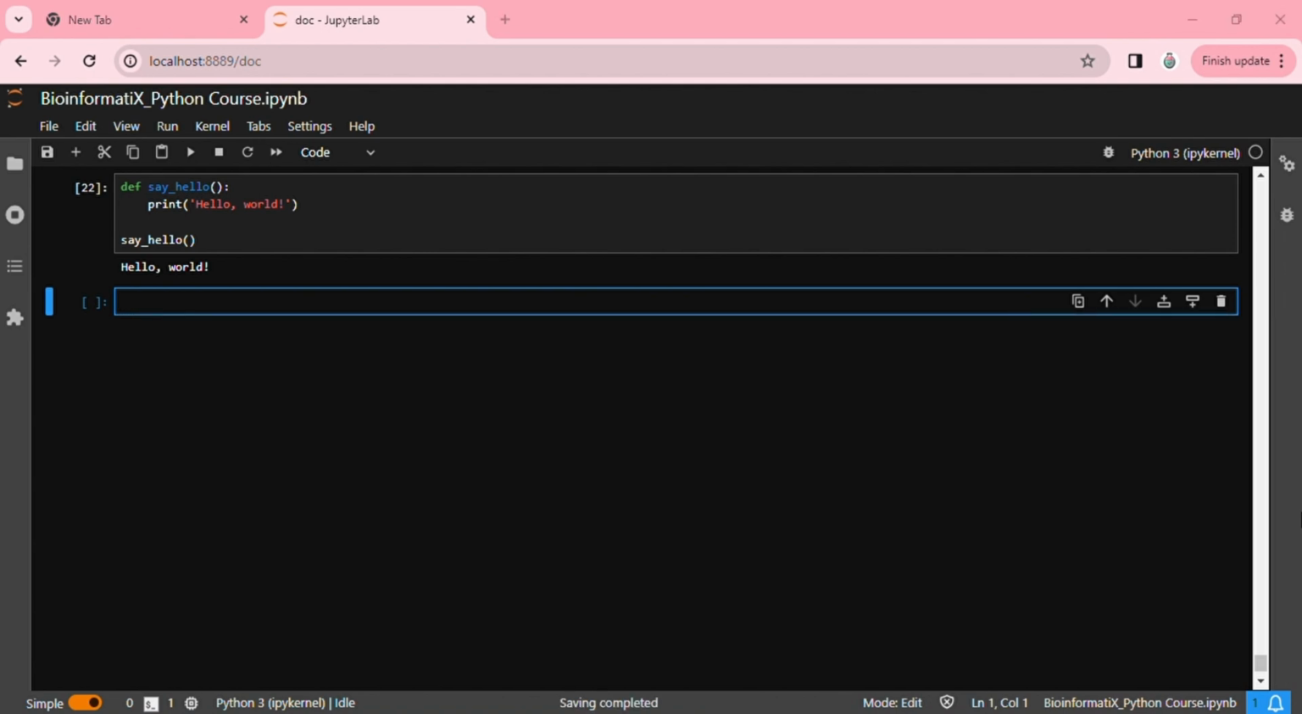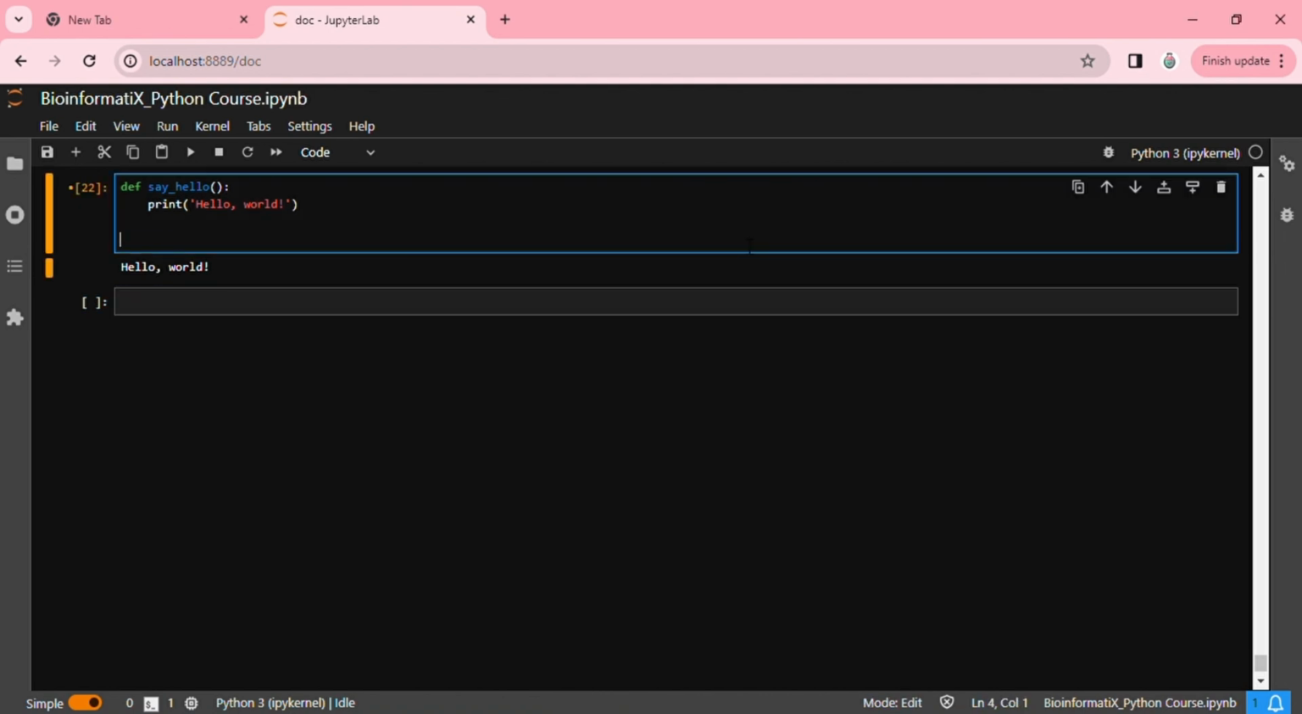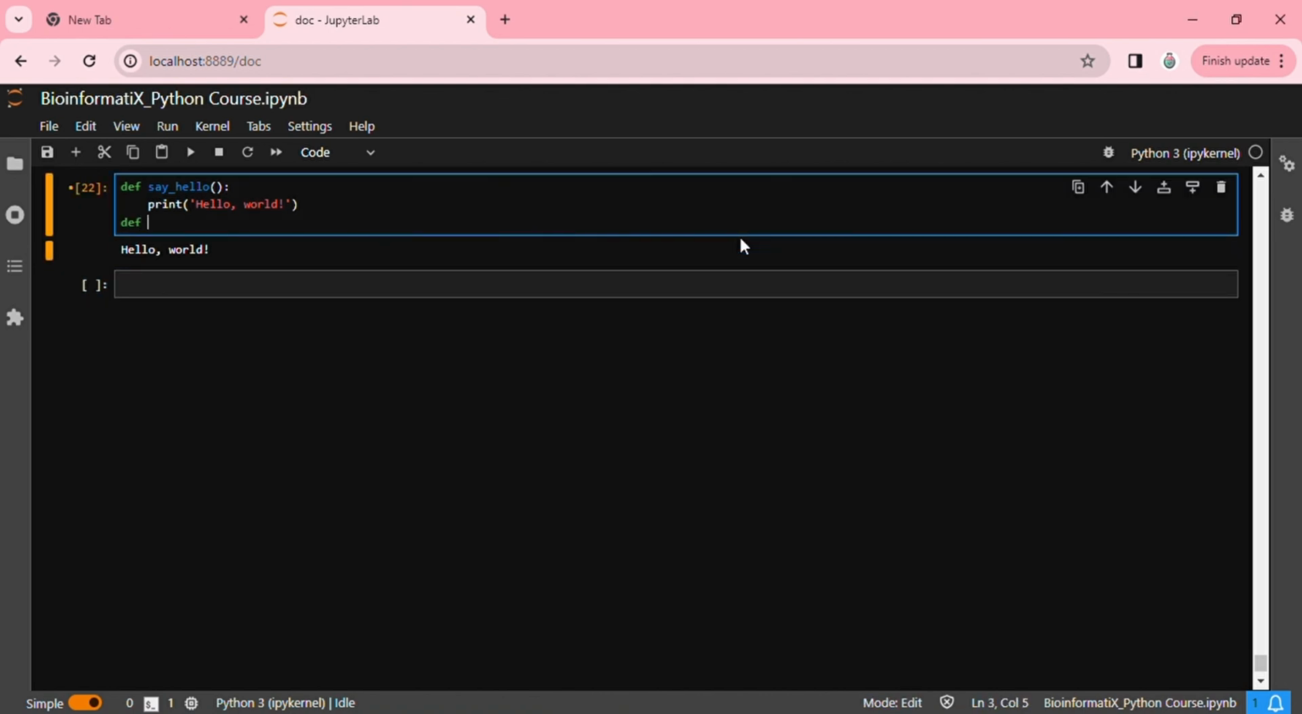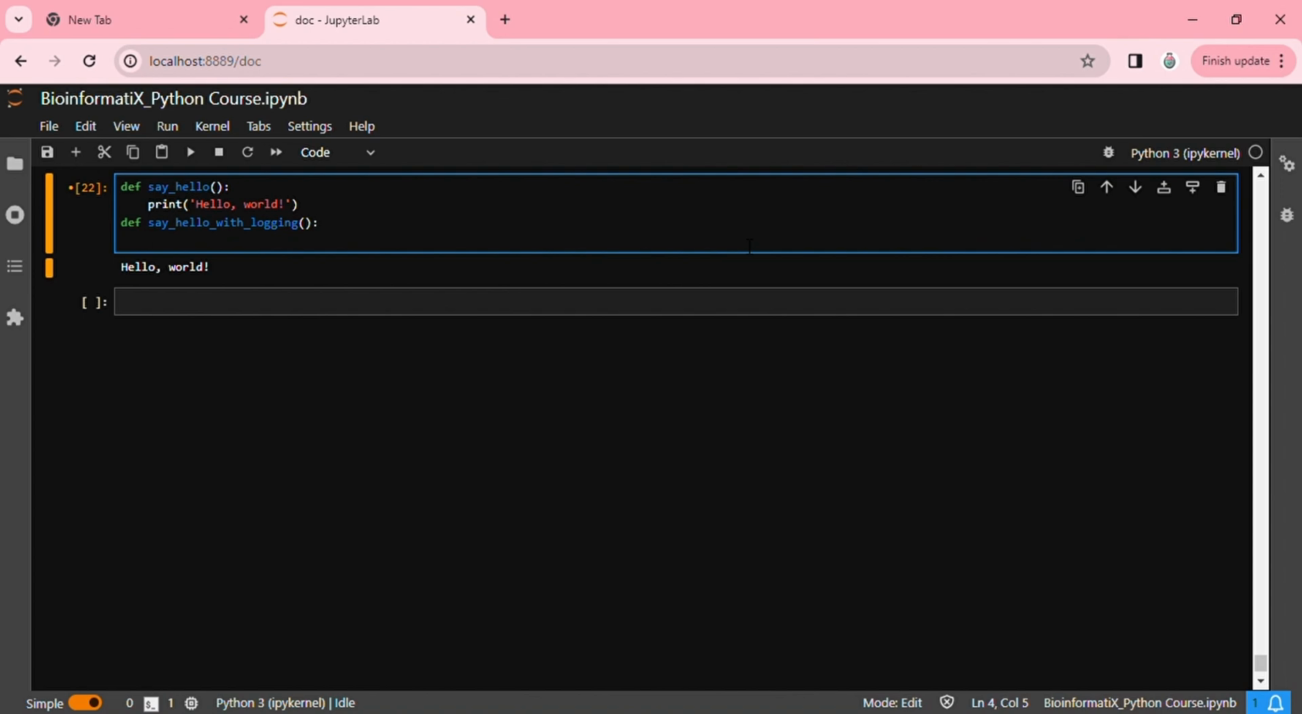But what if later we realized that we need to add additional behavior, such as logging before and after the execution of this function? To achieve this, we might create a new function, for example say_hello_with_logging, which includes the logging steps. So we write def say_hello_with_logging, print